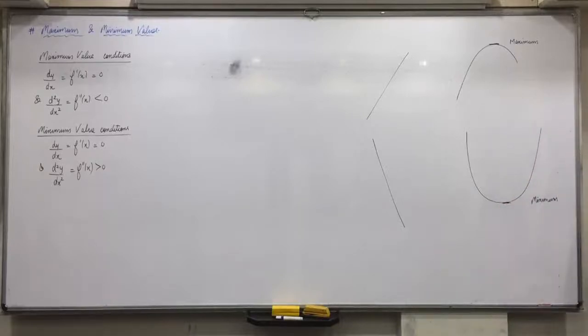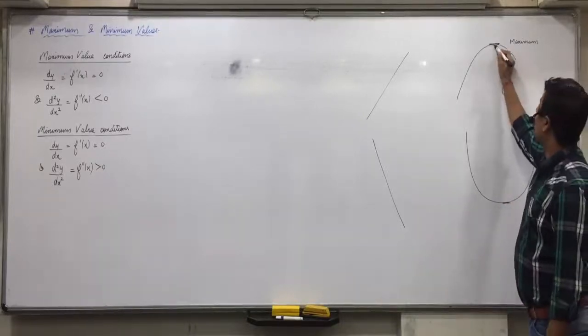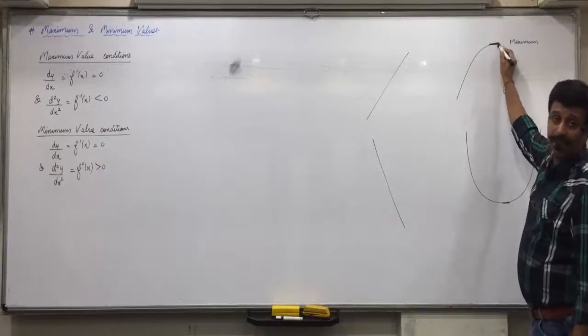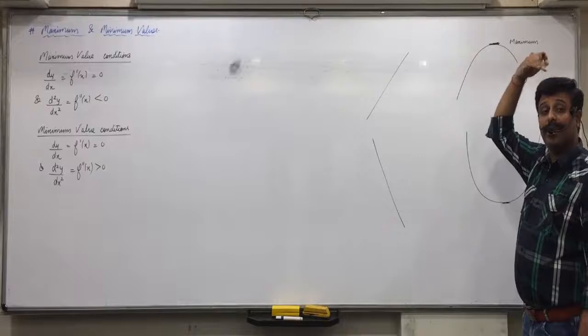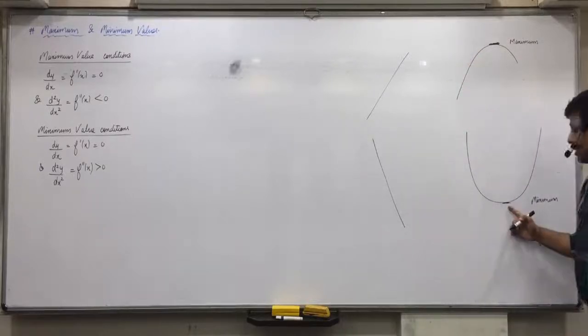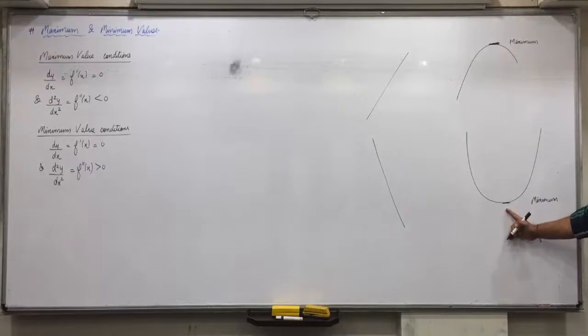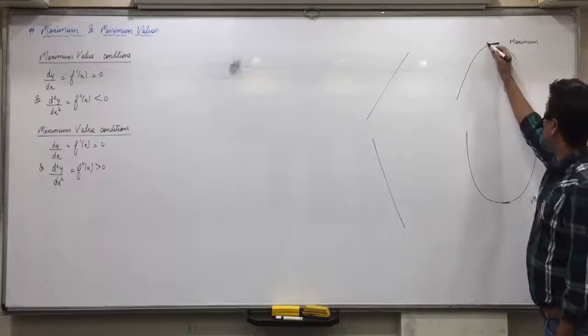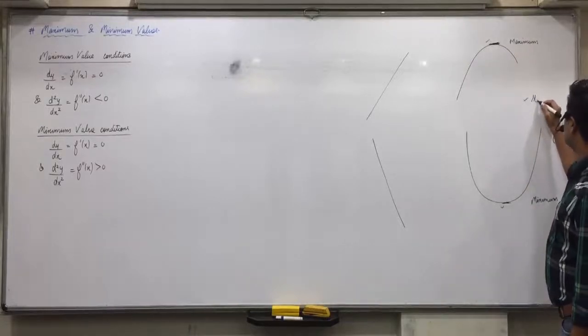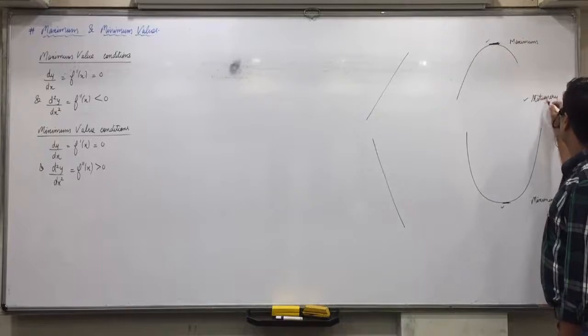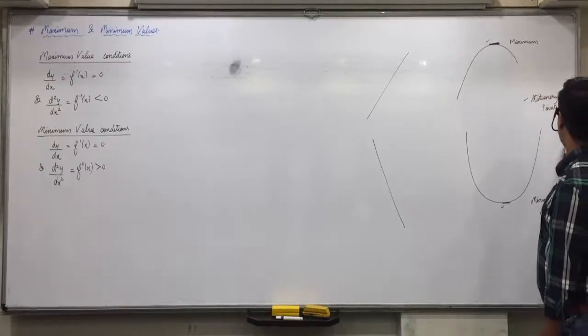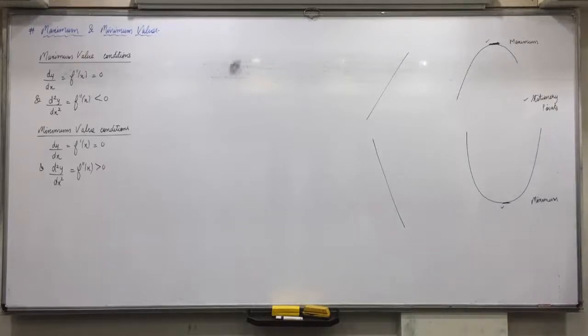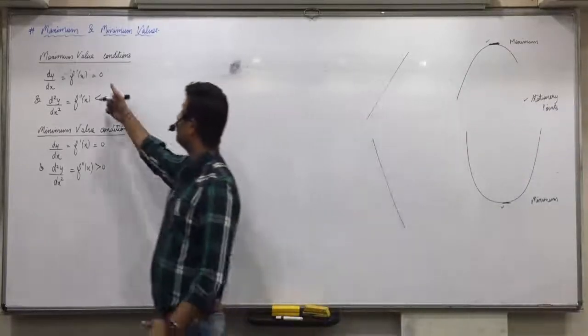In this type of function, at this point no change is desirable, because you have already reached maximum revenue. At this point no change is desirable because you have already reached minimum cost. Did you understand this? These points are called stationary points. It will be a 1 mark question also. Later on I'll make you mark it in the textbook. Those points where the value becomes stagnant, no change is desirable, therefore change should be 0.